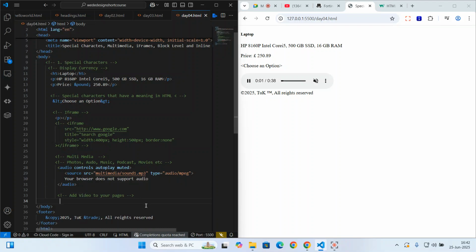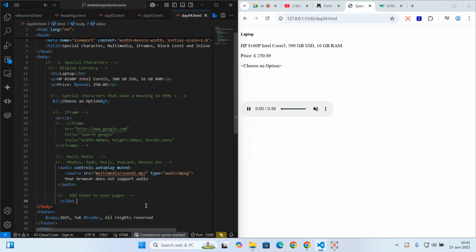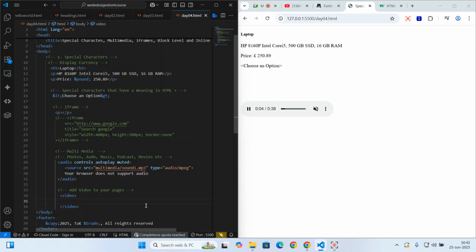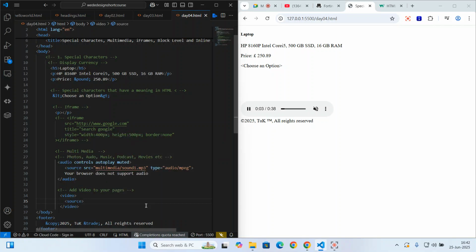Now, to add videos to your pages, besides audio, there's also another video element that you can add. Video behaves more like audio, but let's just put the video first on its own. I'll put video, then down here I'll put the source of the video, which is now inside my